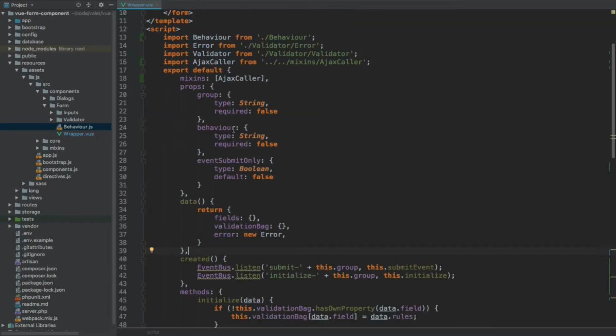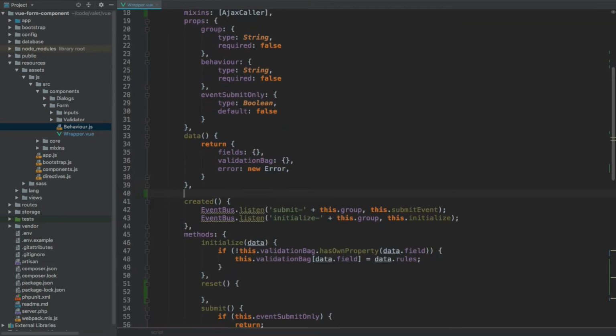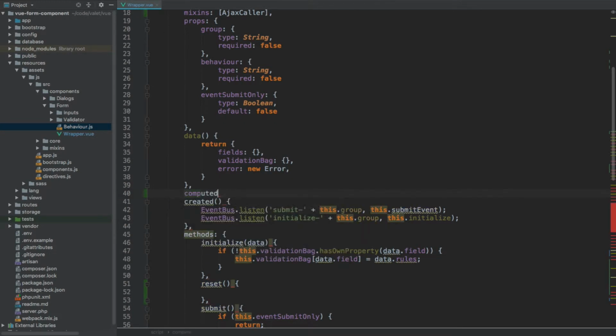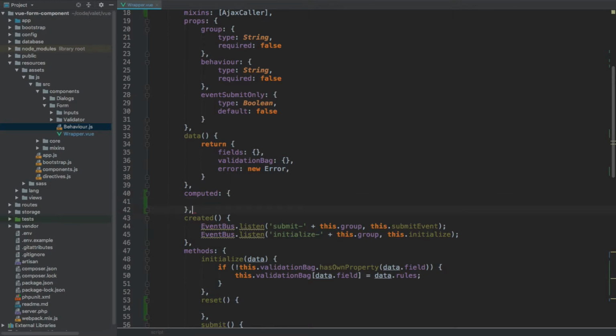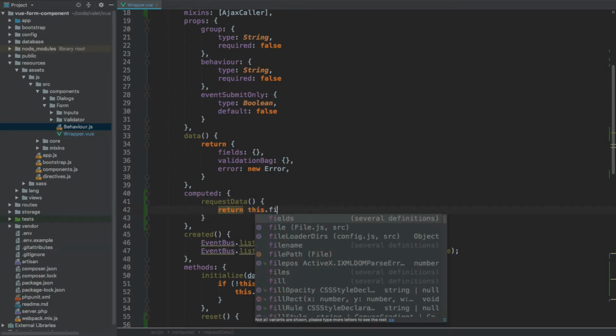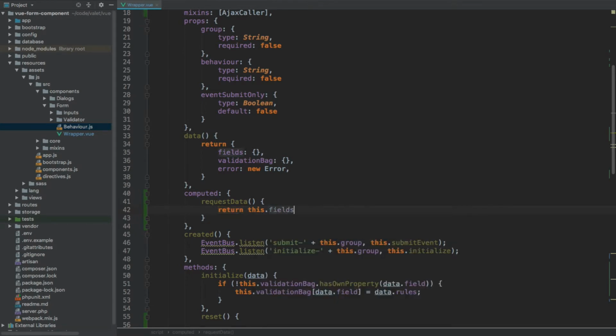One last thing within the wrapper, we still haven't added the computed property requestData. So computed, and here we're going to add the method called requestData, which will return whatever we want to send with the request. And we will take this fields, because they will contain all the data that we want to submit to the server. Okay, now if we save everything and recompile the assets, npm run dev,